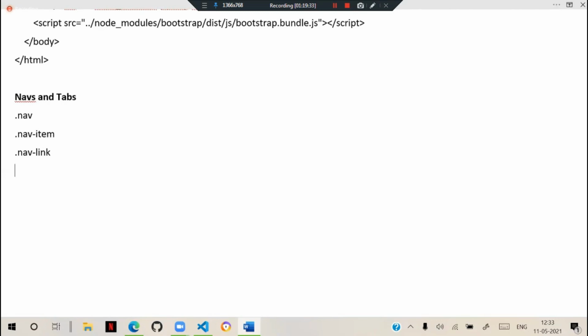Generally, we can use options like nav tabs, and we have nav pills. We have a nav tab style and a nav pill style. These are not changed, they are as they are. Actually, these navs are used with a tab combination also, so we can design that.